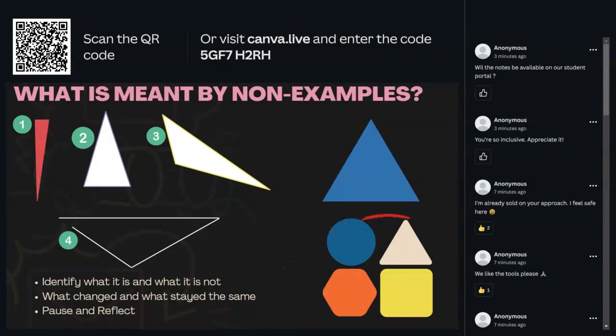And when they walk away from the classroom, they can identify triangles in real life in different formats or shapes. It could be leaning on its side, it could be smaller, it could be broader, it could be different colors. And if you take it one step further, in example number 4, there's something wrong with that particular triangle. And then it would ask of you the question: can you identify what a triangle is and what it is not? And in point number 4 specifically, what has changed and what stayed the same?